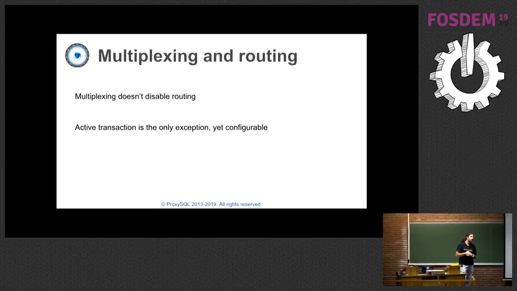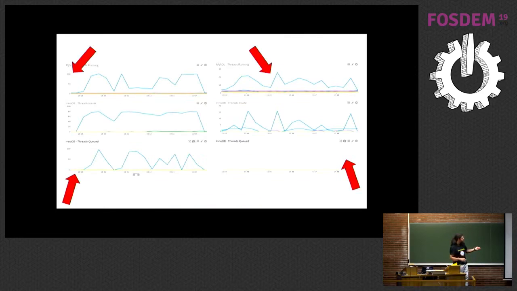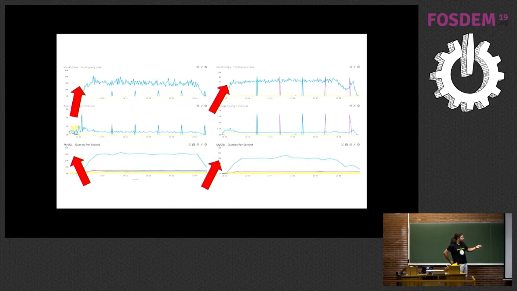Yes? The query times on the Shopify example, were those established connections? Yes. Per query? Yes. So the question was whether the time in those graphs was about established connections, or whether they were also counting the time to establish the connection. Those are about established connections. So in those graphs, you don't even see the benefit of having ProxySQL and its own connection pool, because those were already persistent connections.